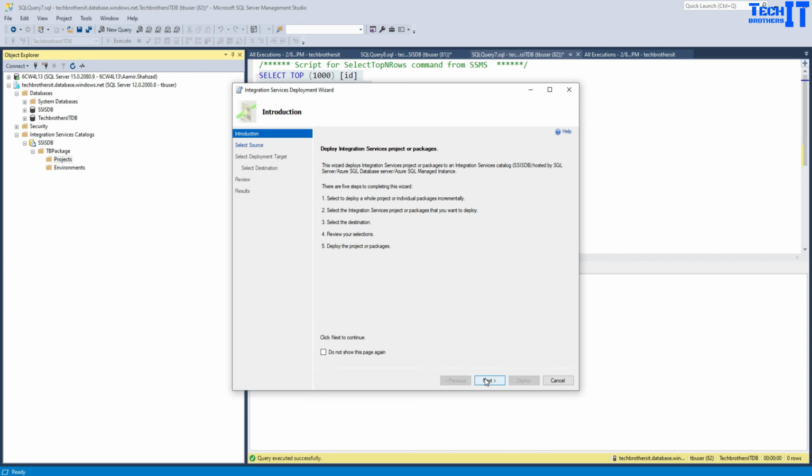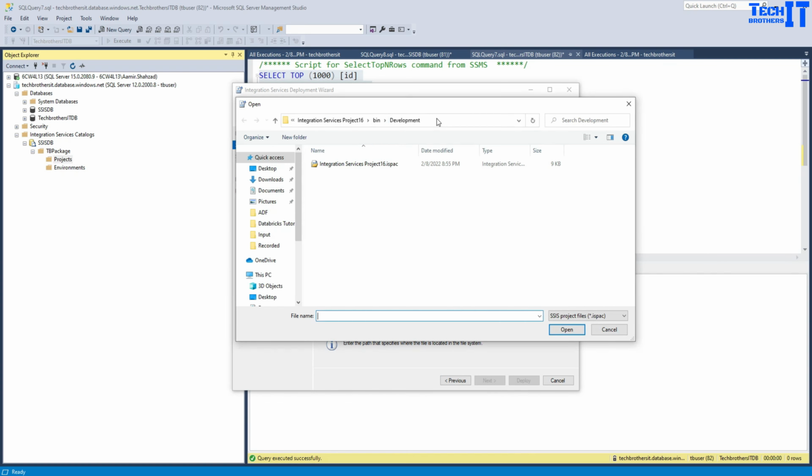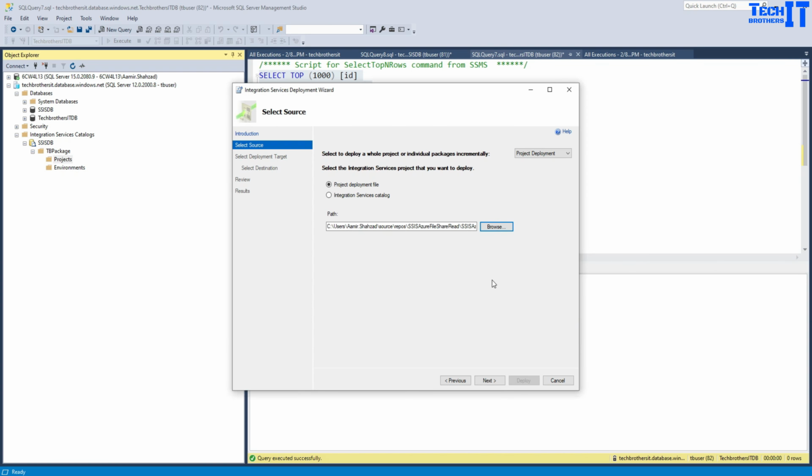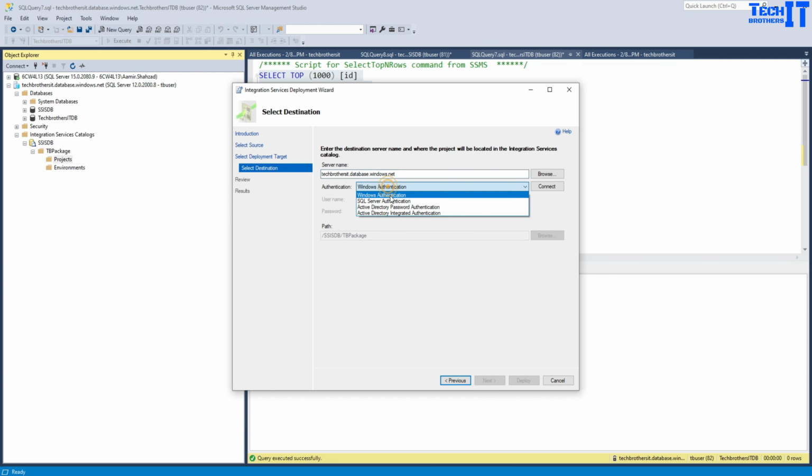Once you do that, it's going to ask you from where you would like to pick that file or packages. In our case, it's project deployment, and I'm saying project deployment file. So I'm going to simply go here and navigate to my folder and hit paste, and this is the ispac file. Now that looks fine, and it's going to deploy our SSIS package. It is where you want to deploy SSIS in the SQL server. Yes, and it asks you your credential. So in my case, I'm going to provide my credential for this server,